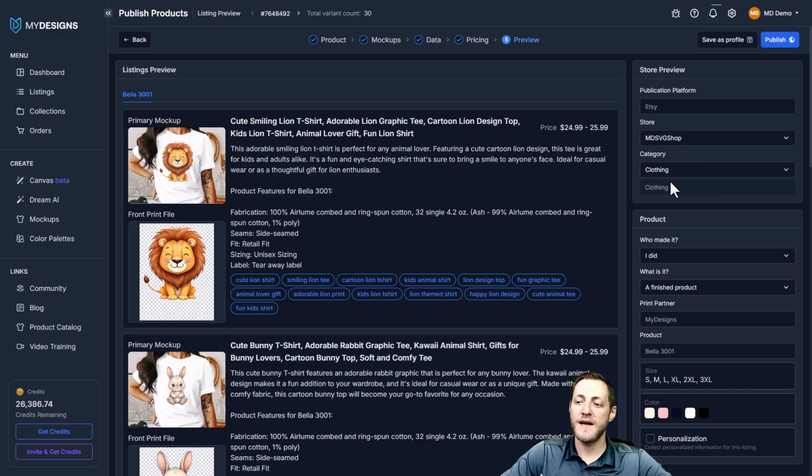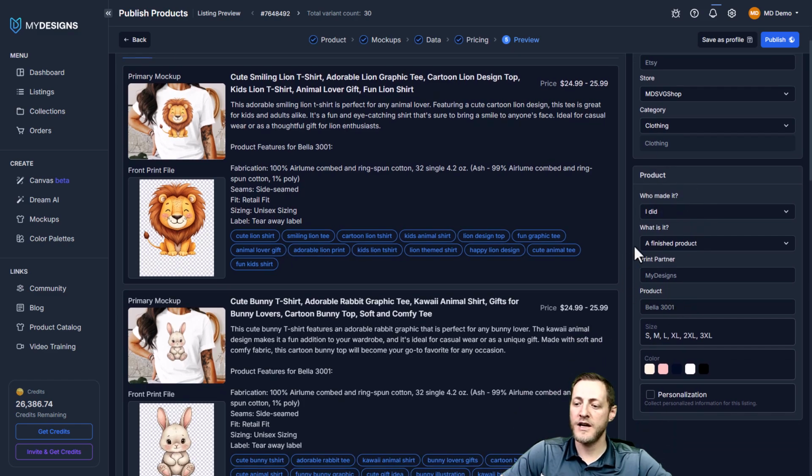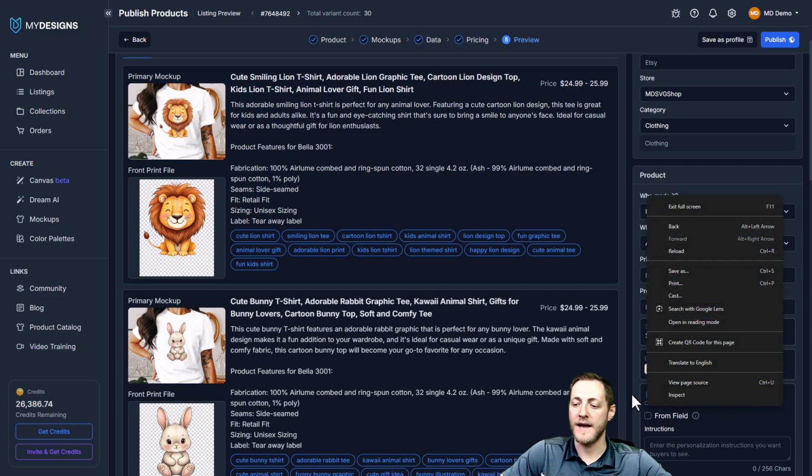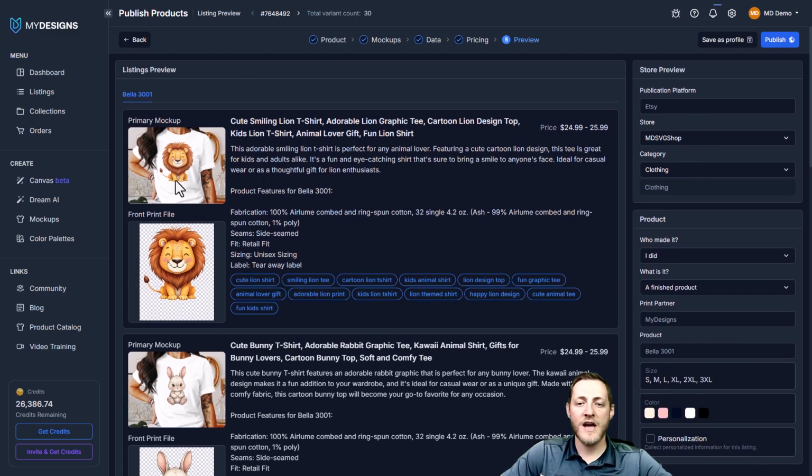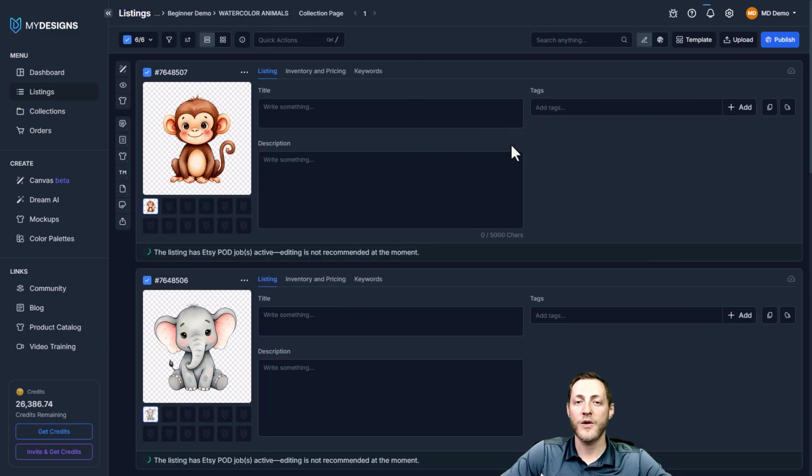The category should be set to whatever you're selling by default, but you can change it here. You'll see ours is clothing. You can change the product information here if you'd like to. It shows you your print partner, the product you're selling, the sizes, the colors, and then if you want to personalize this, that's for another video, but if you do want to personalize it, you make sure that you select that button there. Now, once you have all of this done and it looks good, all you have to do now is click publish. That should take less than 30 seconds, sometimes up to a minute, depending on how many listings you're working with. And then I will jump over to our Etsy shop and show you what the final